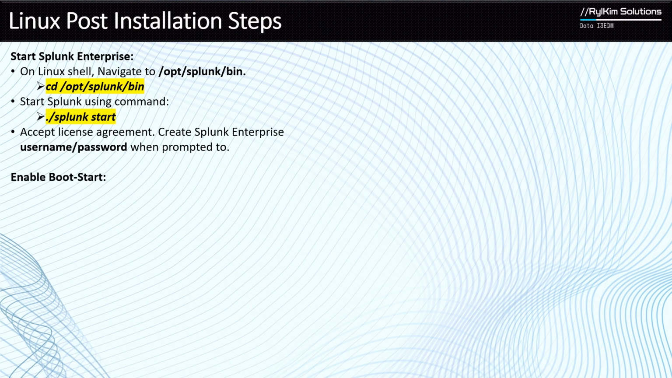Now, the other thing that you need to do is to enable boot start. This is important because let's say that you install Splunk on a Linux machine, and then for some reason you restarted that Linux machine. There is no guarantee that Splunk is going to start automatically. So you have to perform this configuration so that anytime you reboot your Linux machine, Splunk is automatically going to